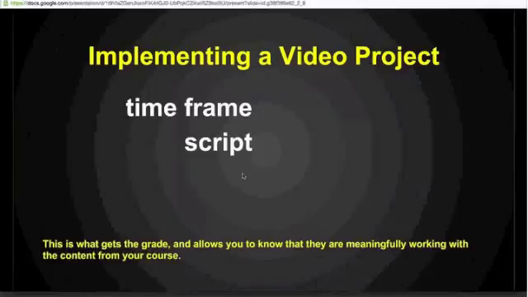But this is the written assignment that tells you this is how we're taking the ideas from our class, and this is how we're going to put them in motion into our video. Don't let them start their videos until you approve their script. And you might say, okay, great. The script gets the grade. That makes sense. It ties to the content.